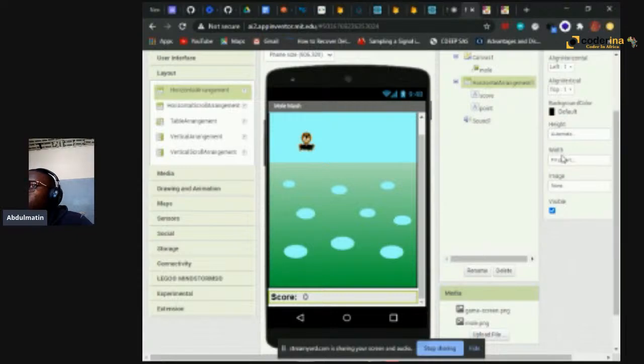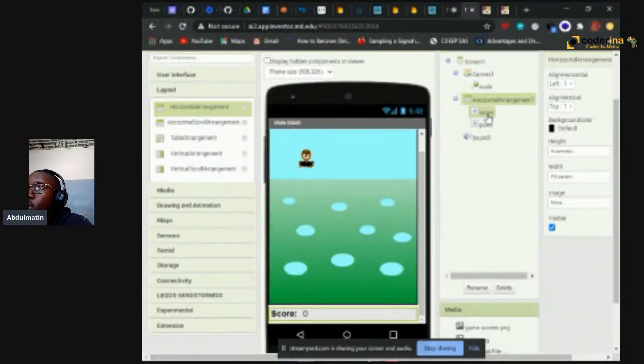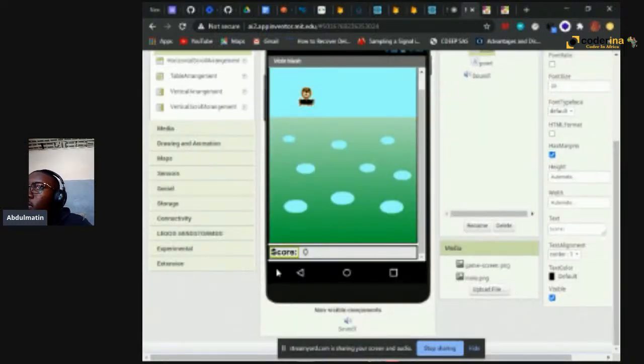So we've made the width fill parent. Okay, so that's it. Let's go back to our score. You can see it's in the middle in that box, but now we have made our